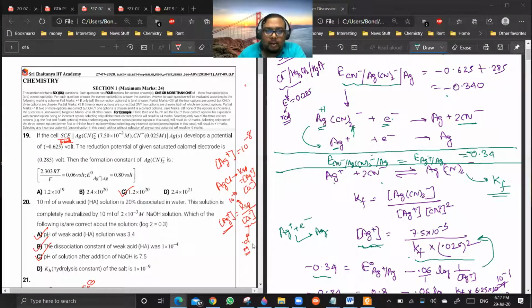In all equivalent cell half cell reactions, the atom or the ion which is getting reduced is actually the same. The form has changed. Right now it is in a free form, this is in a complex form. But still Ag plus is only getting reduced to Ag. Are you getting my point? Yes or no? Did you get it? If you have a doubt, you can ask. Are you getting this?